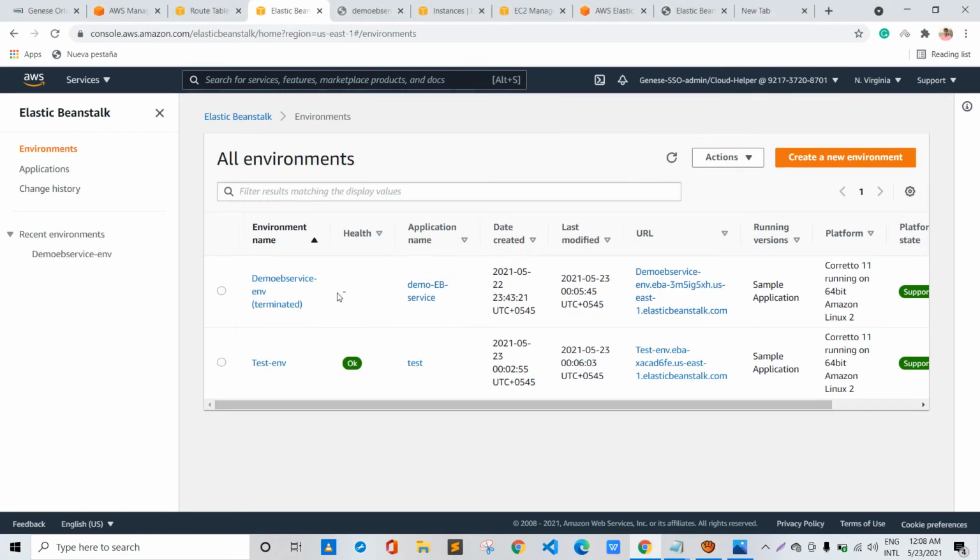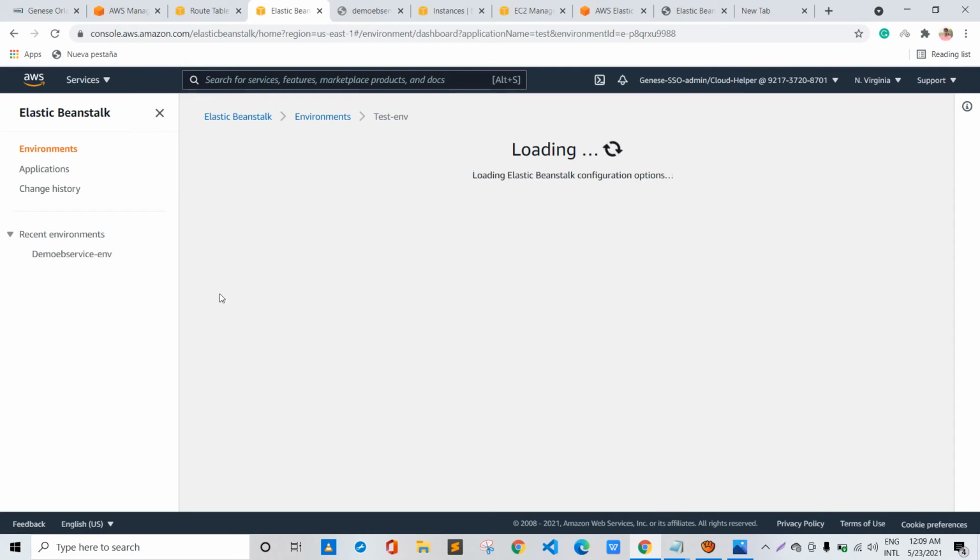So it's been around 5 minutes. I have created a new environment, as there were certain issues with the older environment that we had created. I have created a new environment, test-env, with the same configurations that we discussed previously. The configuration has been created, the environment has also been created, and the health is showing okay. So if we go inside this environment